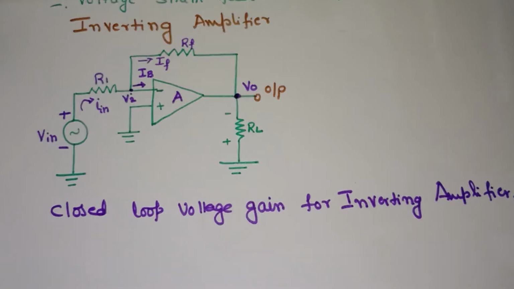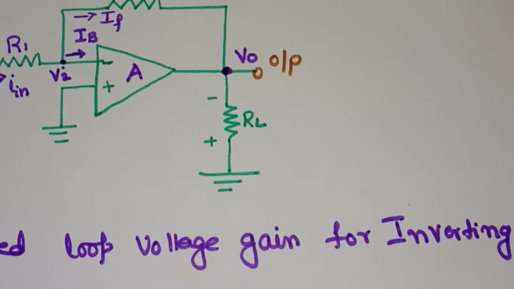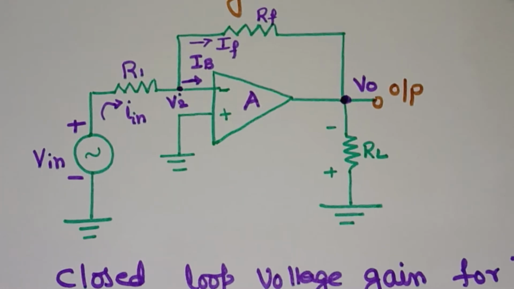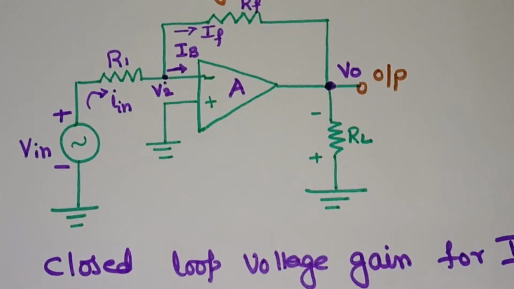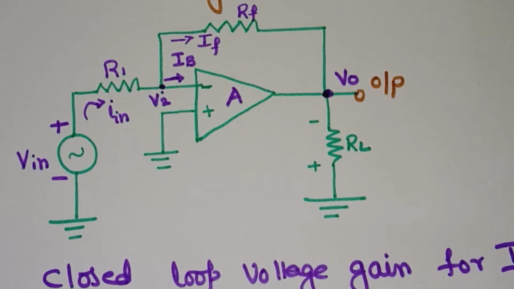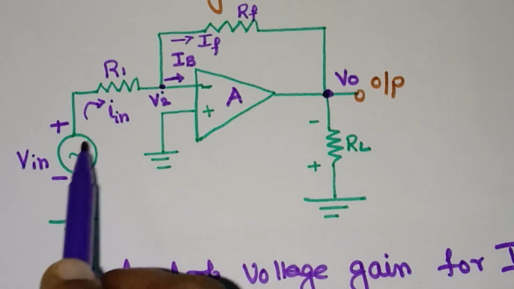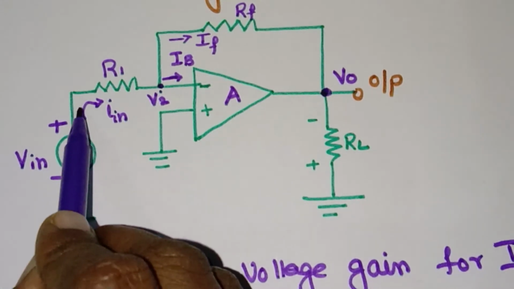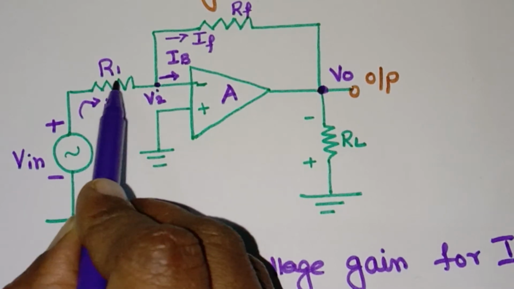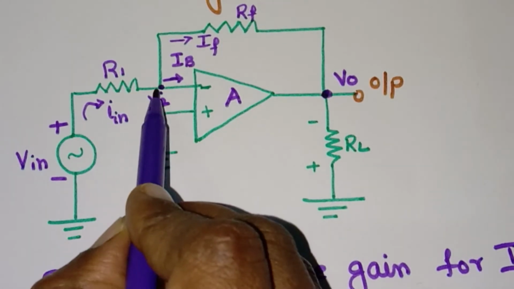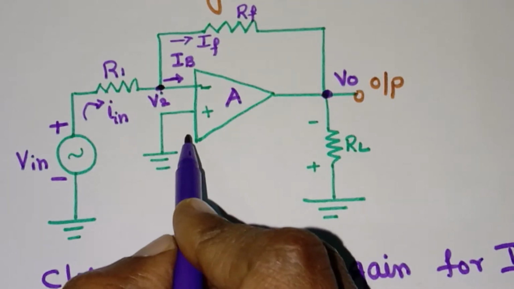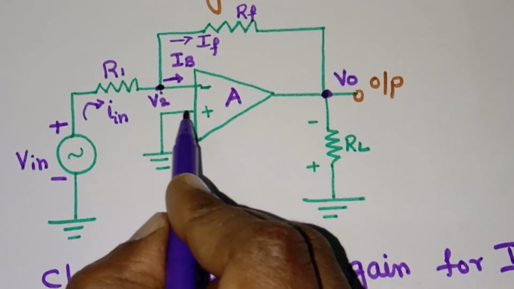So before that, you should just go through the circuit a little bit in detail. Okay, what the figure shows? Figure shows the circuit for the inverting amplifier. Okay, you see here, this is Vin and this is your Iin current. R1 resistor is connected and this point is called the V2, and another point you have to remember, this